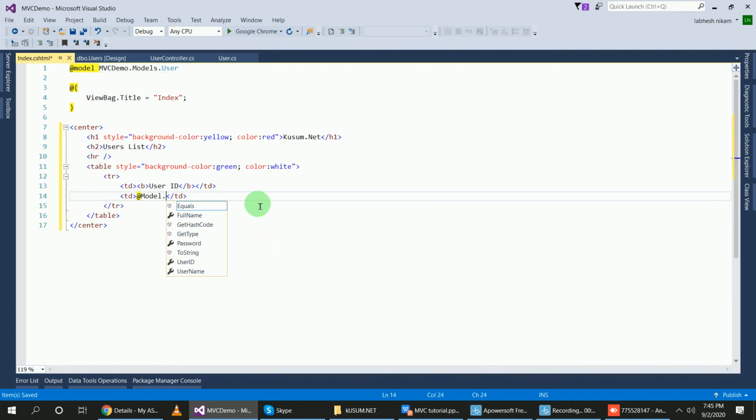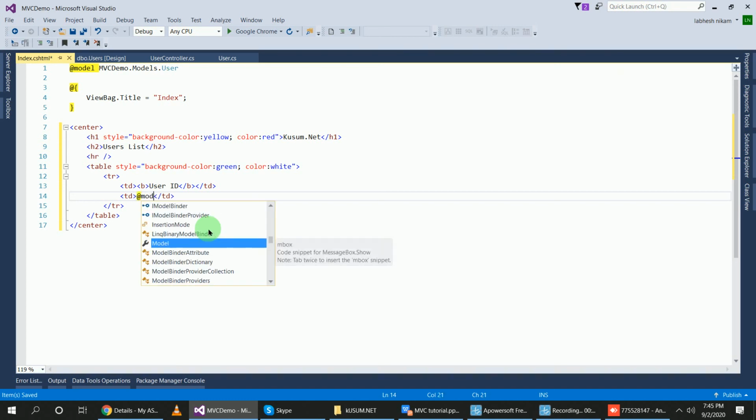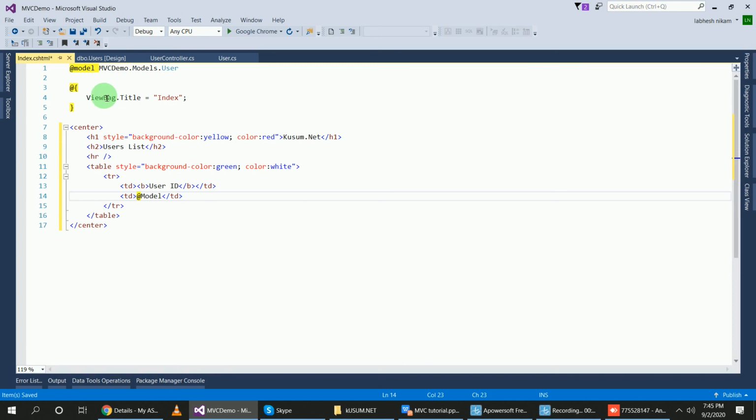All right, I am starting this table and created a row inside of that, given columns user ID, and to display the user ID we require data with C# code. So I am using razor syntax, at the rate, and from where? From model, because I have called model here. So I am fetching the data from model, at model dot user ID.